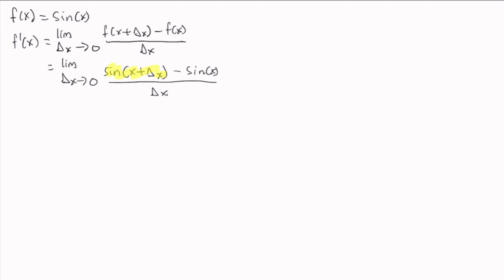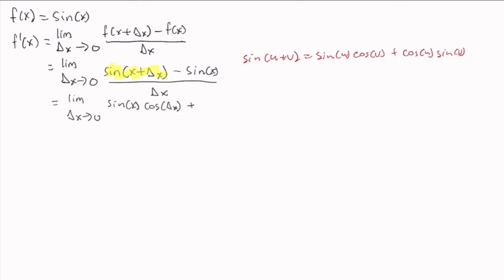Now with this one, sine of x plus delta x, we can use our angle sum formula for sine, which is sine of u plus v equals sine of u cosine of v plus cosine of u sine of v. So now using that formula, we can say that the limit as delta x approaches 0 of sine of x cosine of delta x plus cosine of x sine of delta x minus sine of x